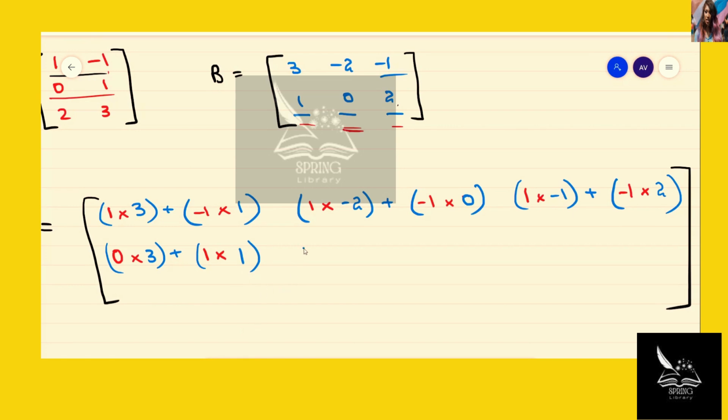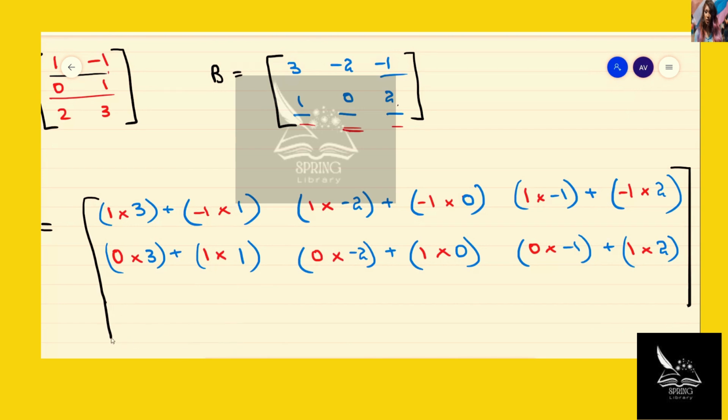Next up, we will have 0 times minus 2 plus 1 times 0. Next, we will have 0 times minus 1 plus 1 times 2, not minus 2, 2. So now that we have completed the multiplication and addition of the second row in the product matrix AB,